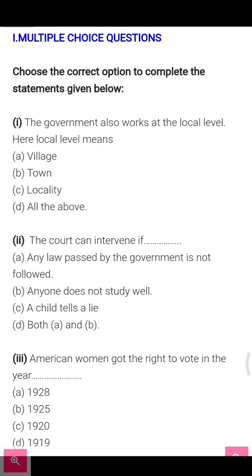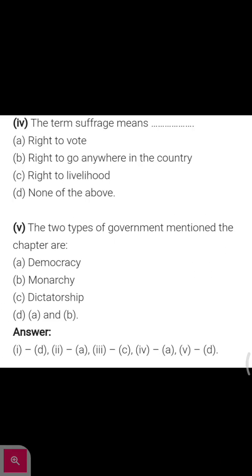Multiple choice questions. Choose the correct option to complete the statement given below. First, the government also works at the local level. Here, local means. Second, the court can intervene if. Third, American women got the right to vote in the year dash. Fourth, the term suffrage means dash. It means right to vote. Fifth, the two types of government mentioned in the chapter are